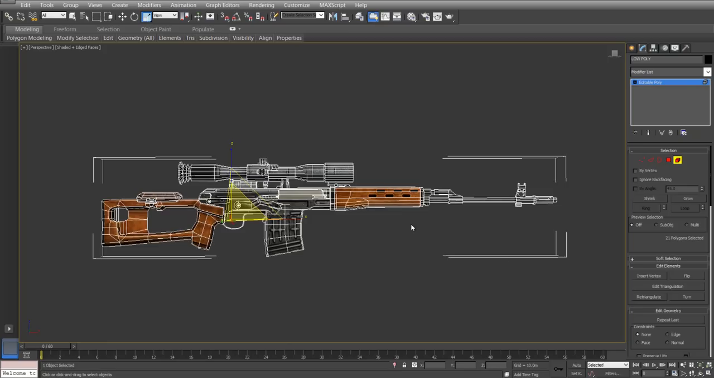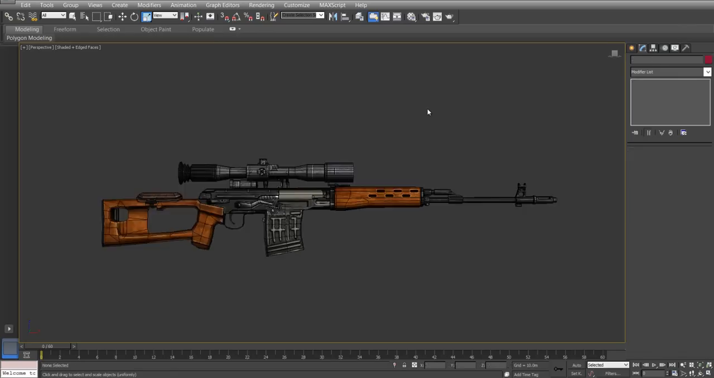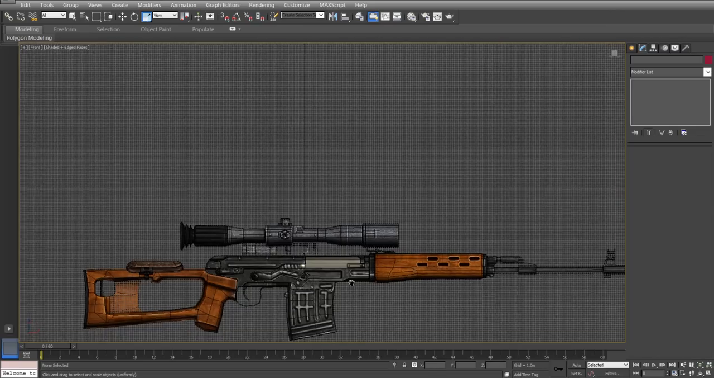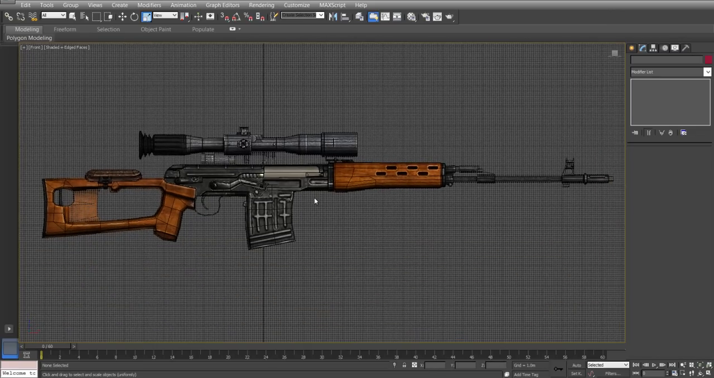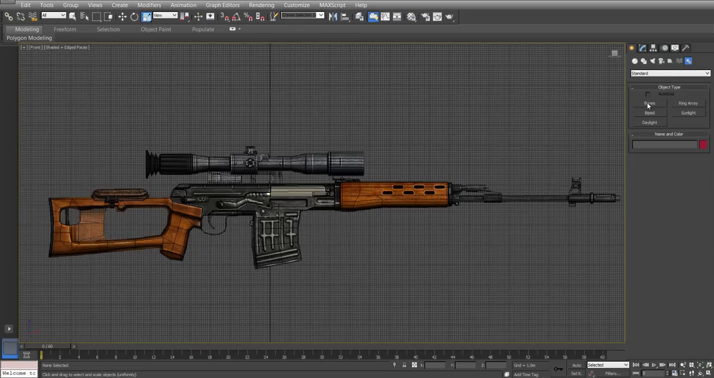Okay, great. So now that we've identified the different components that we're going to be focusing on in this tutorial, let's go ahead and set up the bones for those components. So switching to a left view, let's zoom in on the weapon, and going to the Create tab, and making sure that we're on the System rollout. Let's choose Bones,